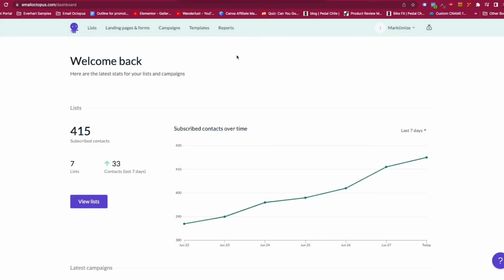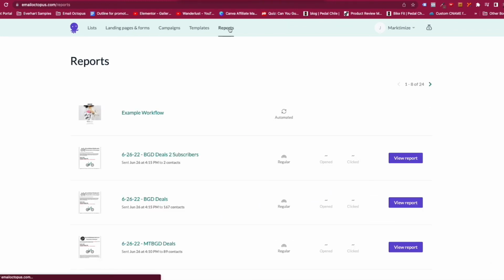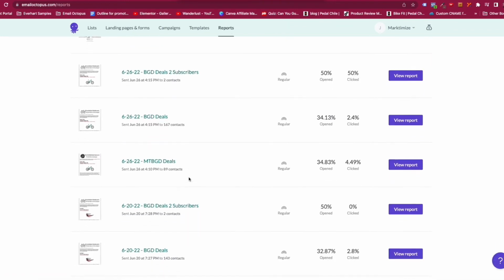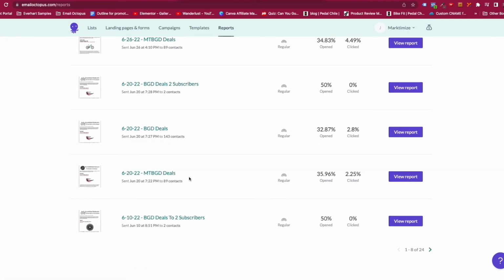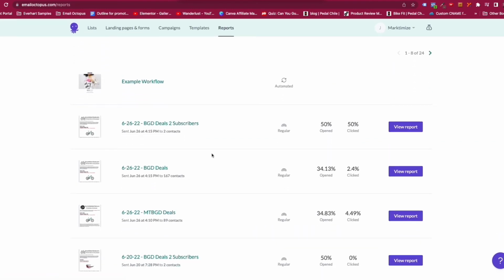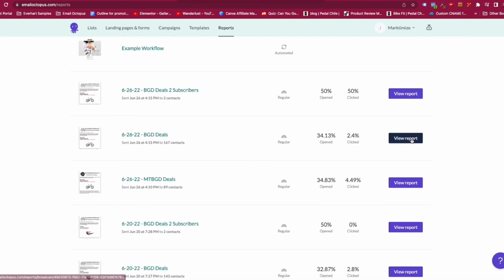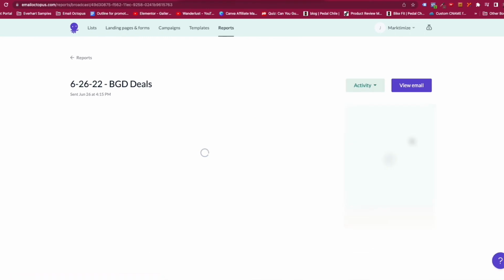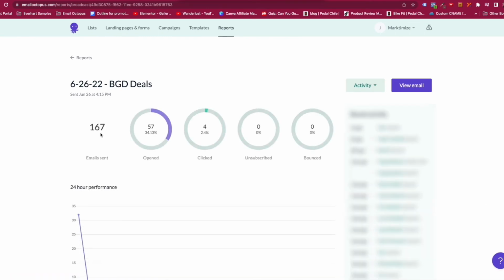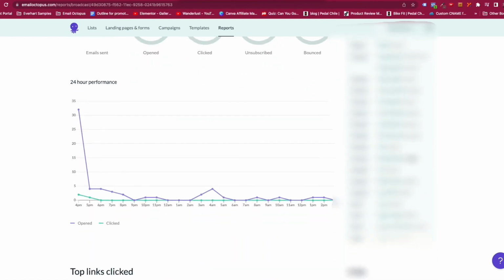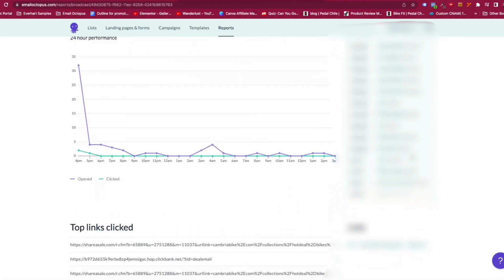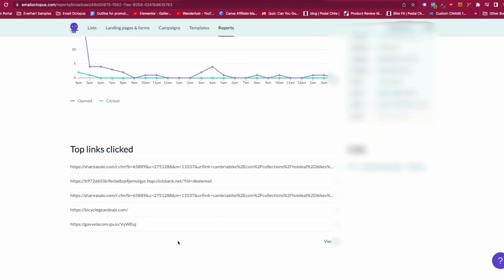Now, let's take a look at the reports or the analytics here. So let's just click on reports at the top. And you can see these are emails that we've recently sent out, just regular campaigns. So let's take a look at this one here. So we'll hit view report. And over here at the top, it'll tell how many emails were sent, how many were opened, how many clicked, if anybody unsubscribed, anybody bounced. And then it'll just tell you kind of the recent activity of who's clicked on these emails. And then it tells you the top links clicked,